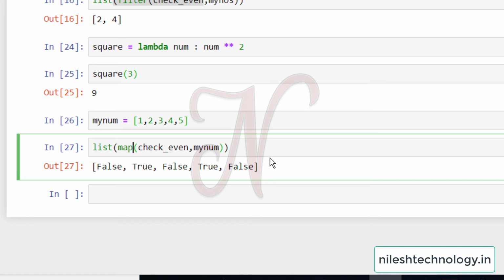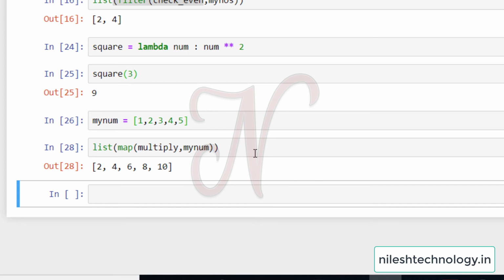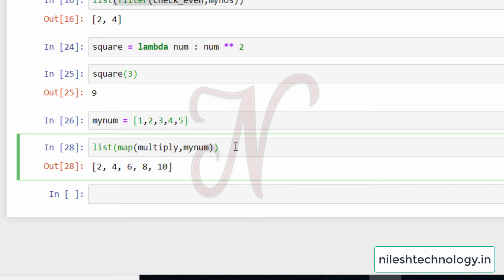Now my first function is multiply. So here multiply, my output is 2, 4, 6, 8, 10. See here, we define the multiply function by using a lambda expression. My syntax is lambda, then here your variable, meaning the parameter, then colon, the number star 2.